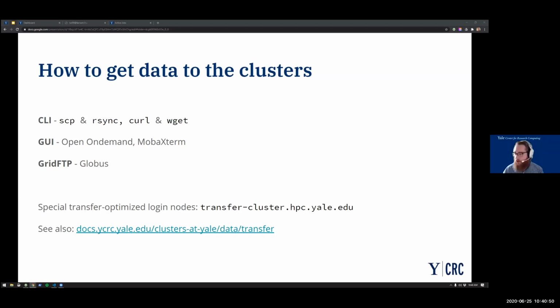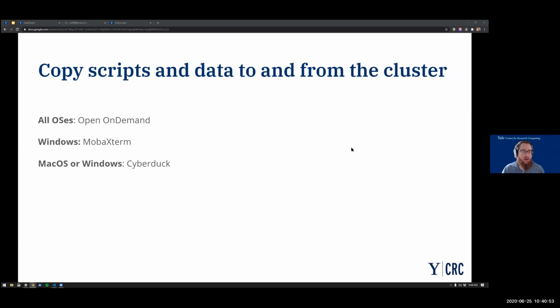I'm gonna go to the next slide. So again, if you just want to copy some scripts or some medium-sized data, we recommend one of these applications. On Macs, I think the favorite graphical client other than on-demand right now is CyberDuck. I'm not going to go over that today, but if you're looking for one, go and get that one. You can get it for free, even though they offer it for money in the App Store.